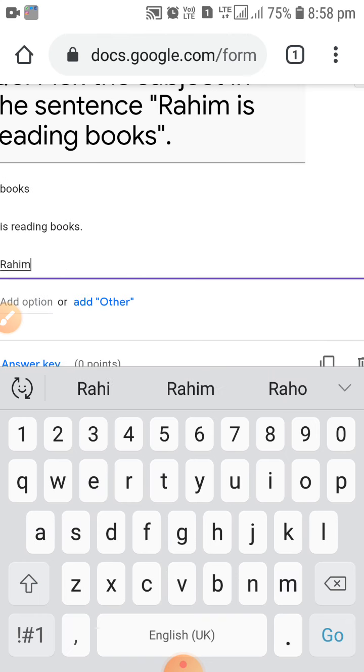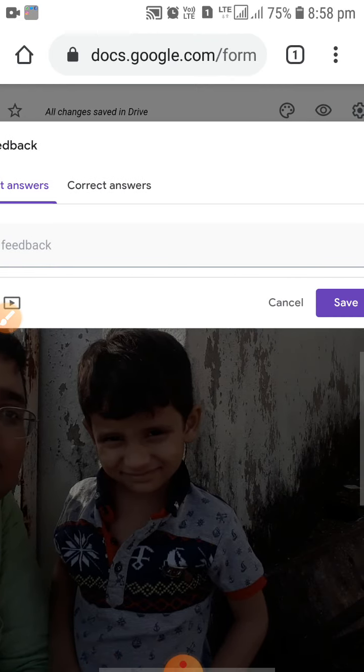And then again you'll have to select the answer key, give them 1 mark for this one. One point, and you can give the feedback also to them.